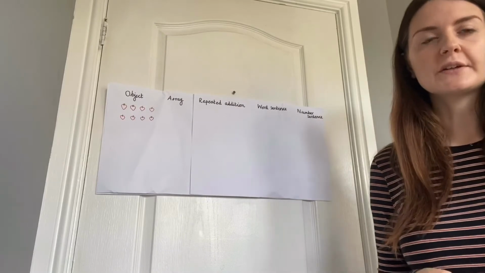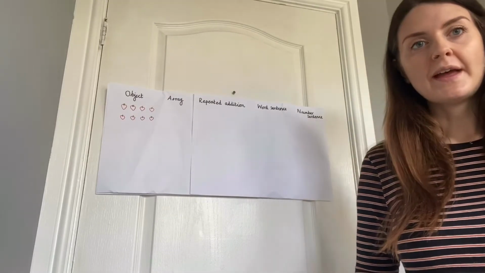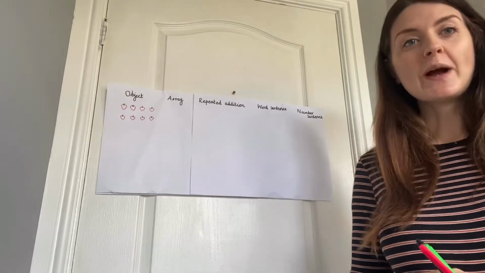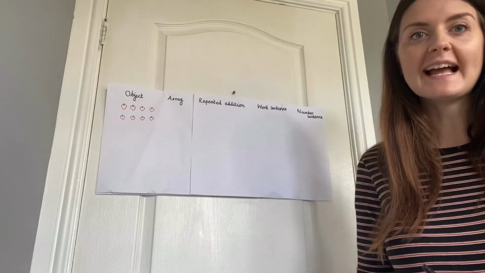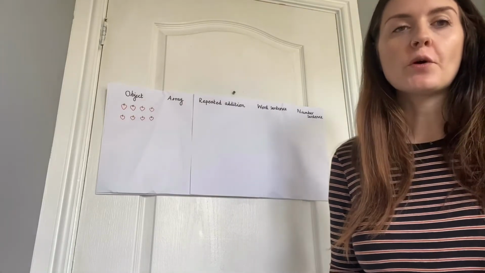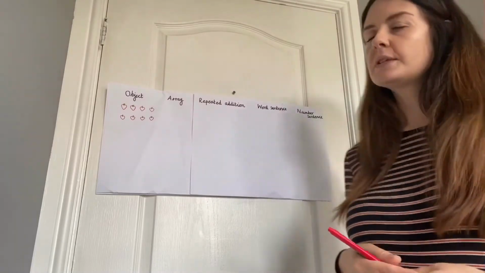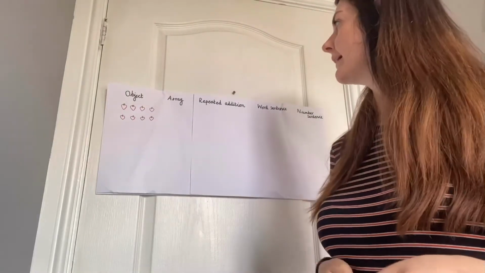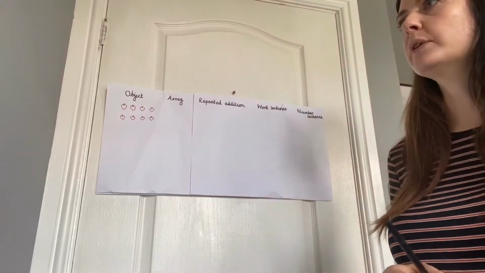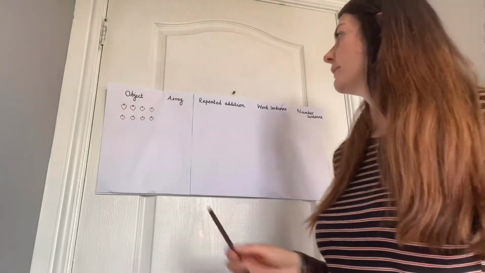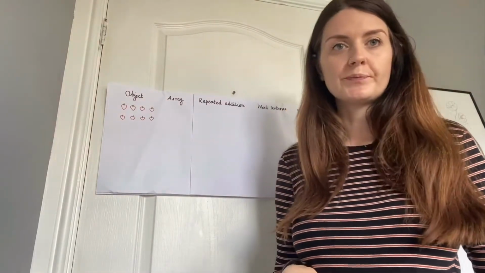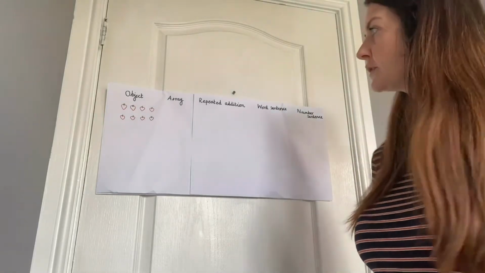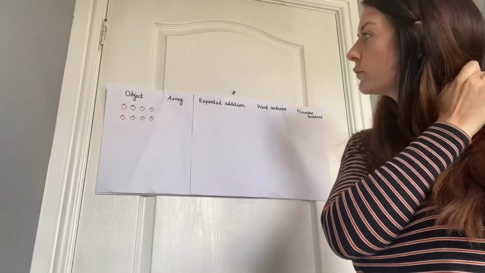Okay, we're now going to start looking at the commutative relationship between multiplication number sentences. And this is a little bit tricky. You've got quite a lot to do this week, so make sure you're listening really carefully so that you understand how to answer your worksheet, okay? So we're going to start off with a set of objects, right? So we've got some strawberries here that I've drawn. So what I want you to think about, again, is how many groups we've got and how many is in each group, okay? And then we're going to show this as an array, okay, which I'll explain to you in a moment, but I just want you to have a look at the groups and how many is in each